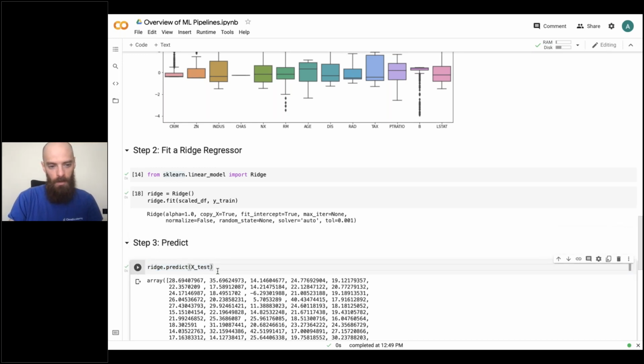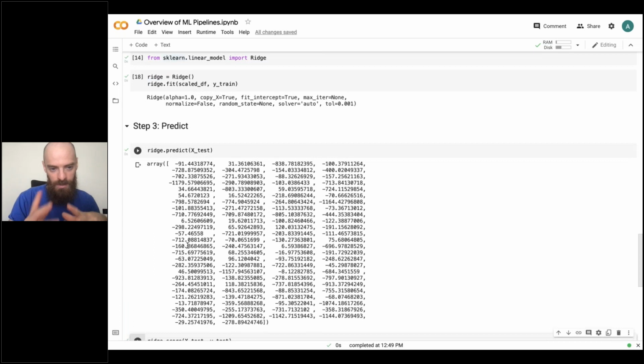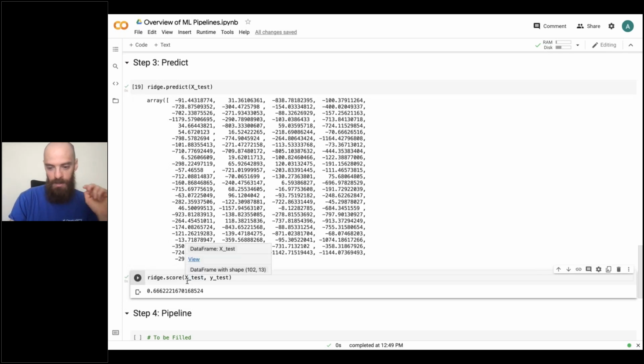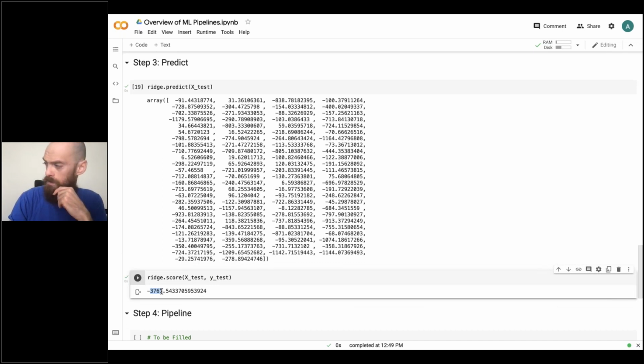I'm going to use the model that was fitted on the scale data on the X test. Remember, the X test is a non-scale test set. I get some values, and you see that the values are pretty strange because you have negative 1,100 and something. So it looks strange to me, and I can try to compute the score, the mean square error on that particular test set, and I obtain a very low score. So this is expected,